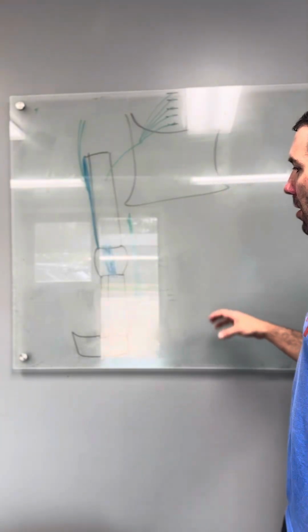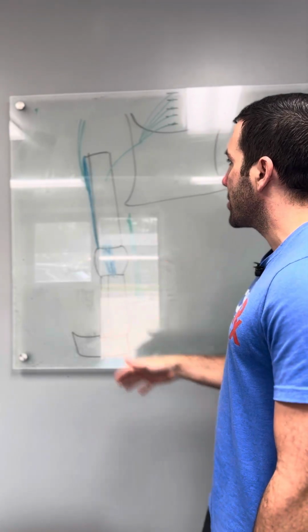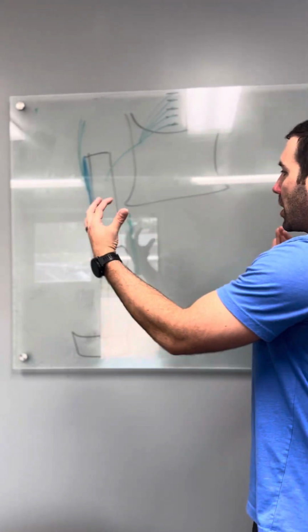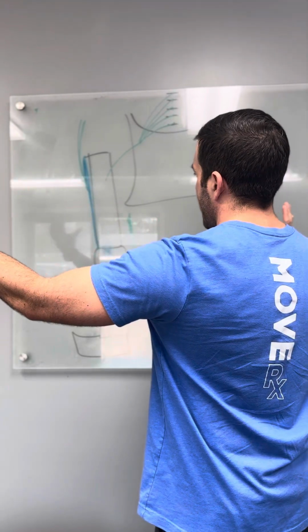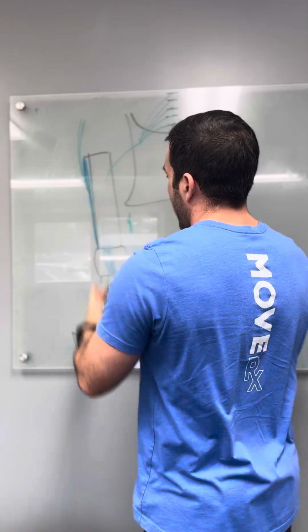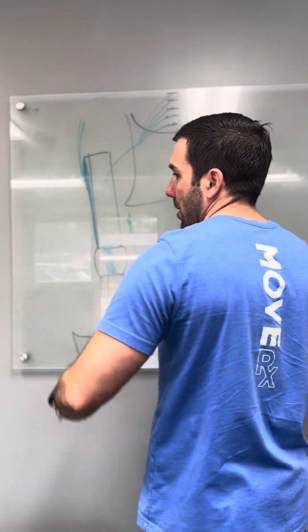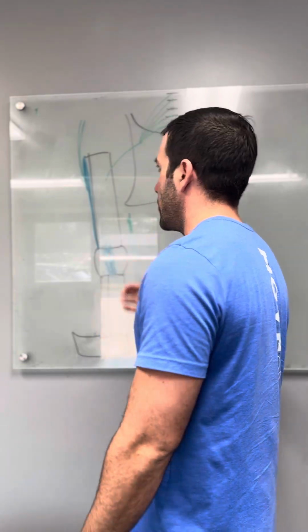Okay, so the cause of that typically is weakness here at the adductors and weakness here at the glute med. We try to balance those things out to where your knee is stable from both sides, and you can get more of that compressive load and less of that shearing load through it because of the weakness at these two muscles.